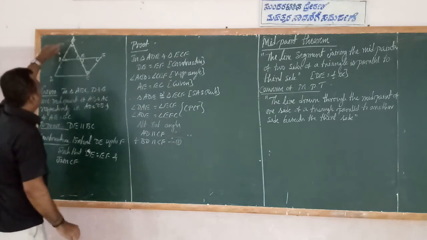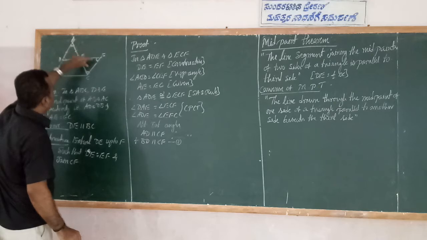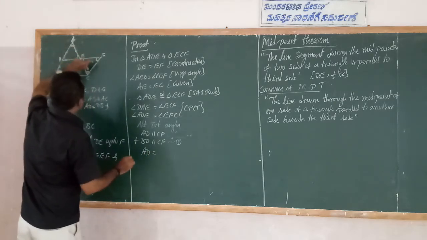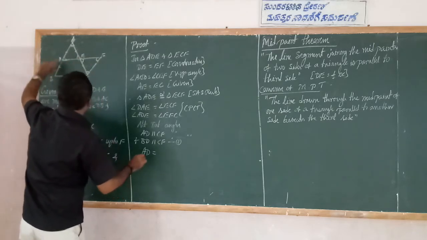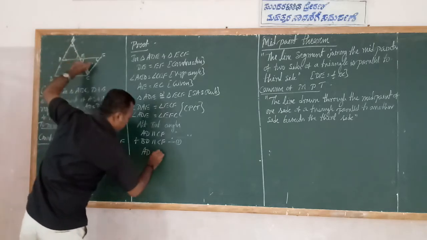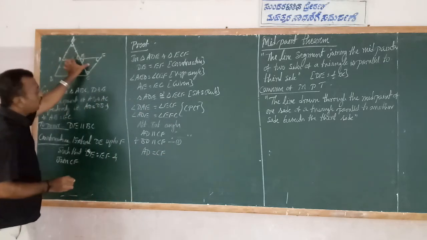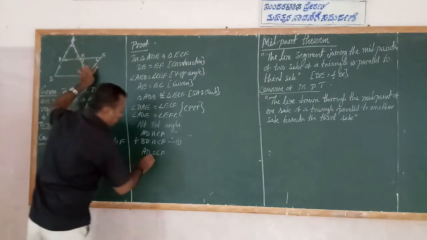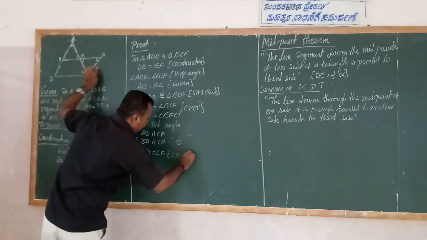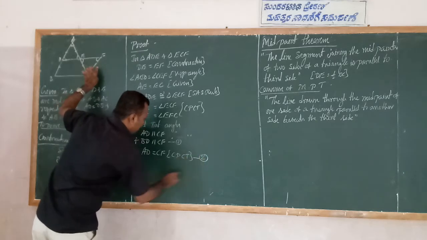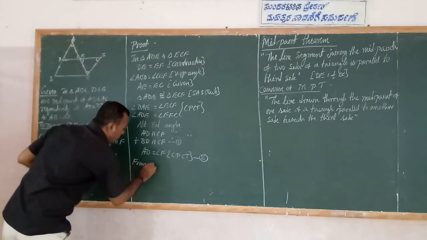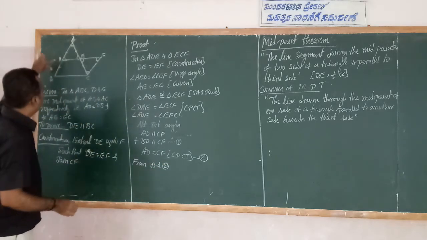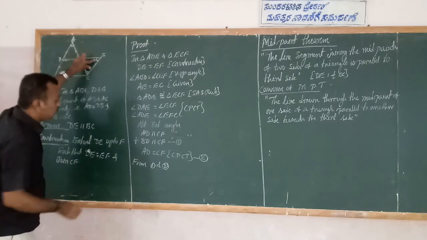So next, AD is equal to CF. Correct? Because these two triangles are congruent, that's why the corresponding parts are also equal. Therefore, AD is equal to CF because of congruence. Is it right? So from 1 and 2, this one BD is equal to CF. See, AD is equal to,